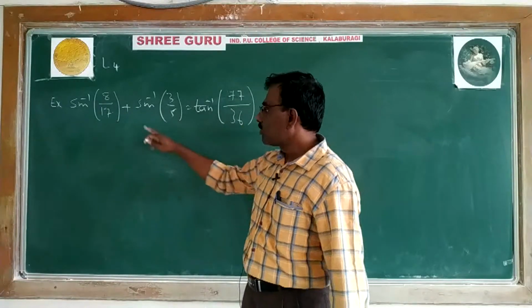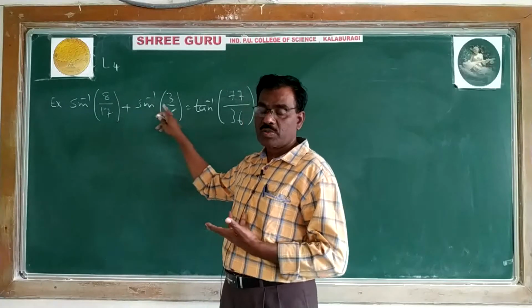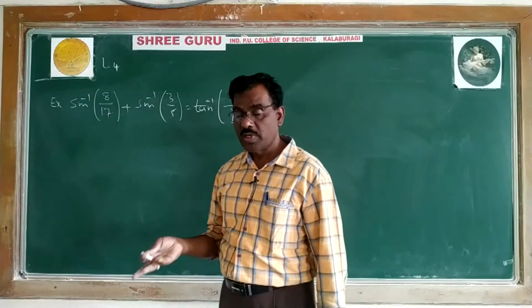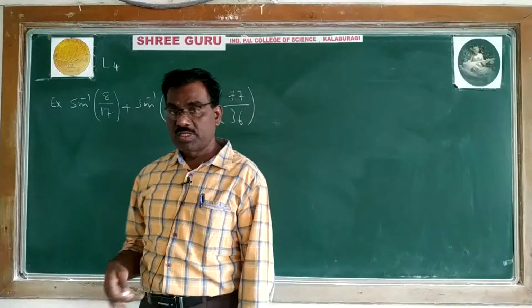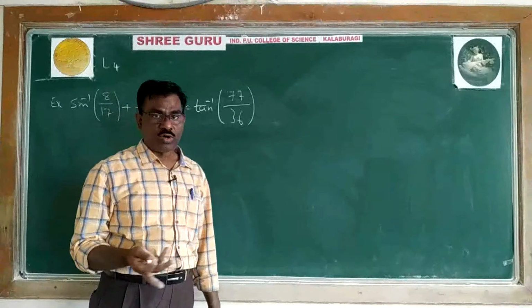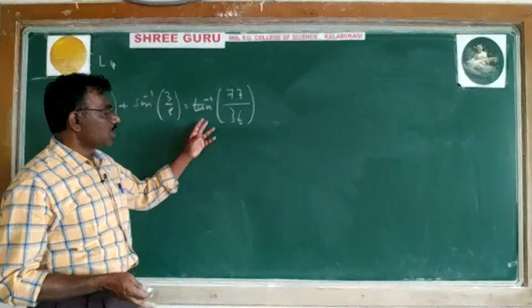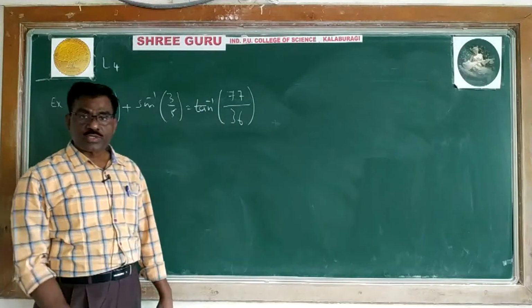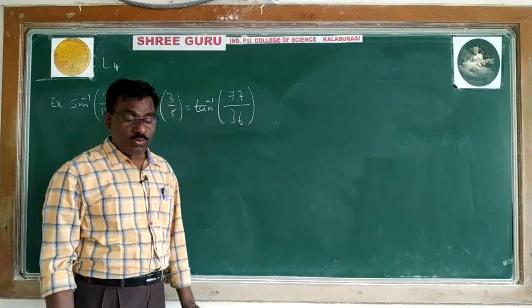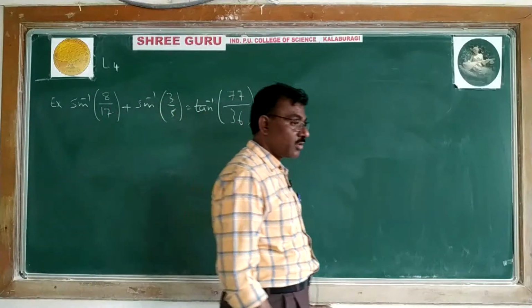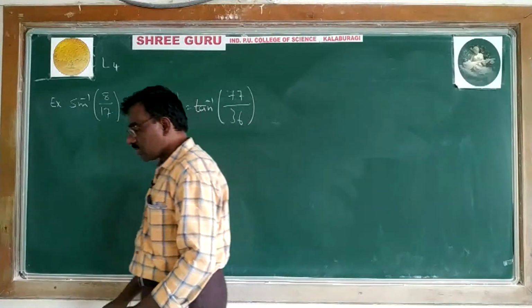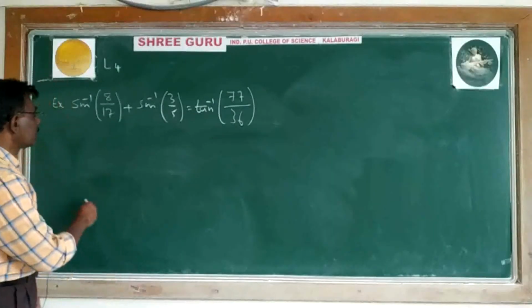Better I give the property: sin inverse of x plus sin inverse of y equals sin inverse of x into root of 1 minus y square plus y into root of 1 minus x square. It is better you go to the direct formula method. Otherwise, here tan inverse is there, and these two convert into tan inverse. Very important: both sin inverse and cos inverse convert in terms of tan inverse. Okay. So what is sin inverse? Better you take, let